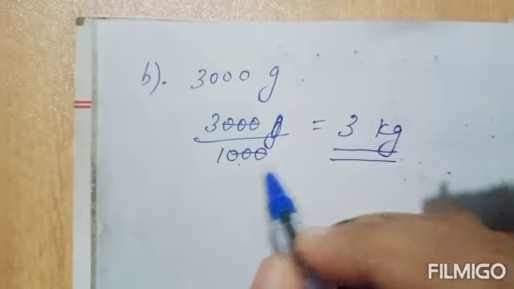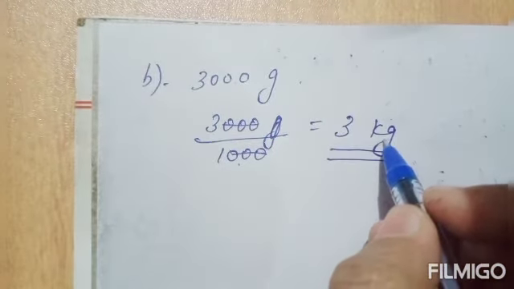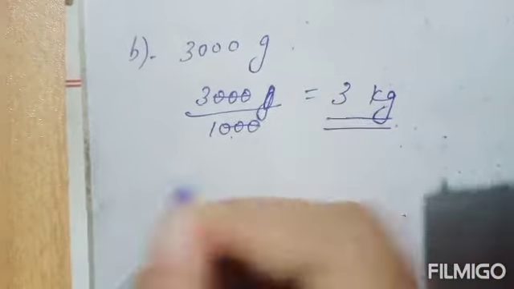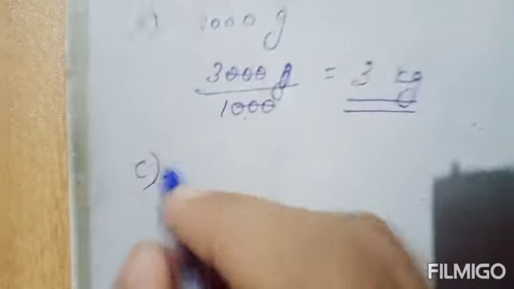Okay, if you divide by 1000, the unit will change to kilogram. So 3000 gram equal to 3 kilogram. Next C,